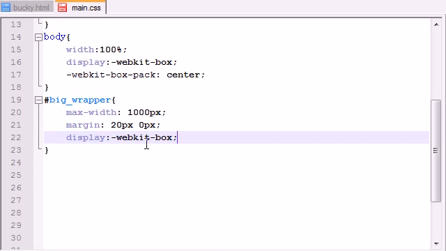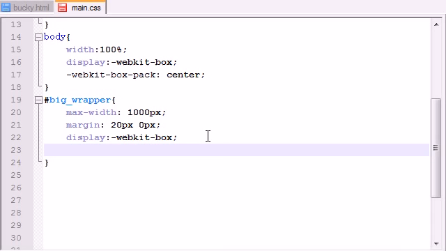Now, the WebKit part is basically part of Google Chrome, so don't worry about that. Just concentrate on display box. We're going to say, okay, this is a box and it can change in size. And it also has children in it. In other words, it also has different elements in it that can also change in size. So now that we tell it that, we can go ahead and change some properties of it. The first is WebKit box